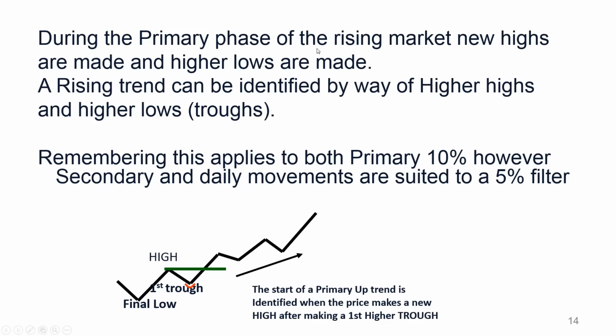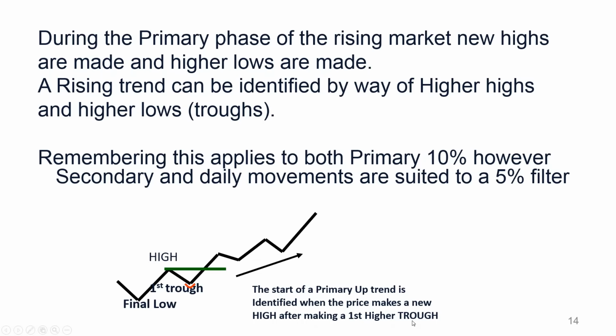During the primary phase of a rising market, new highs are made and higher lows are made. A rising trend, this is the important bit, can be identified by way of higher highs and higher lows. So this is what the graphic looks like. If you turned your price chart into a line chart, the trend should look like this. And the start of a primary uptrend is identified when the price makes a new high